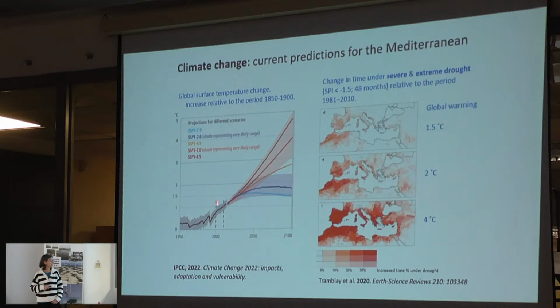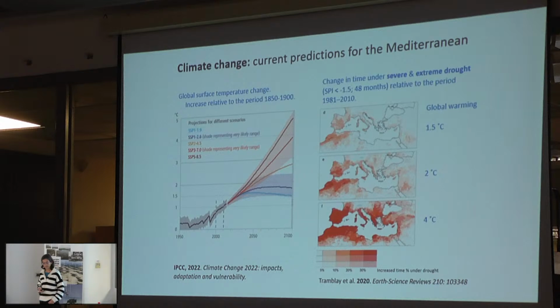That is highlighted here. We have already increased more than 1 degree in the surface temperature on average. And we are almost reaching this 1.5. And in any case, with any of the predictions or scenarios, for just 1.5 or even 4 degrees, something that is very clear for the Mediterranean is that the time under severe and strict drought is going to increase. If we reach here, quite a lot. If we can keep here, still quite a lot in the southern part of Spain. So we are interested in drought. The plants are experiencing longer periods of drought